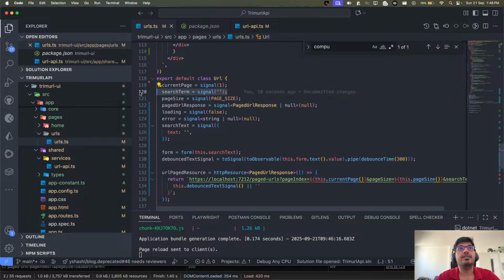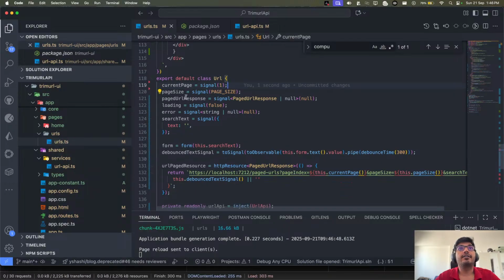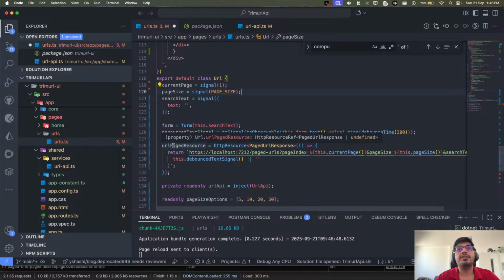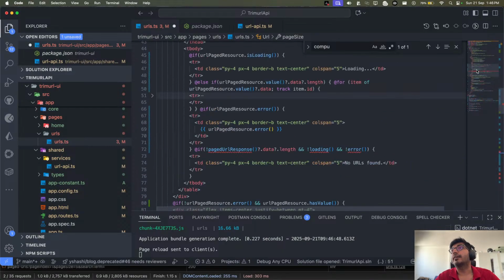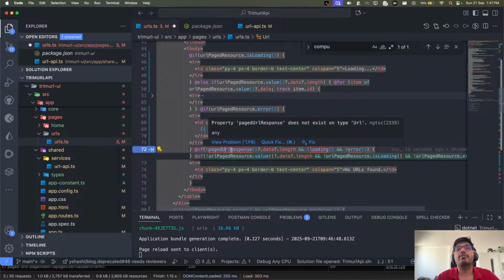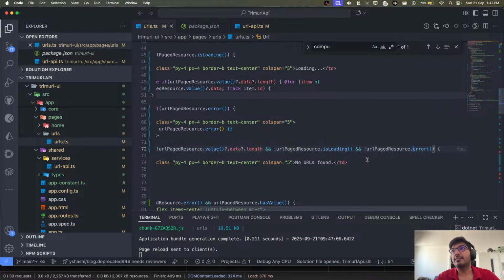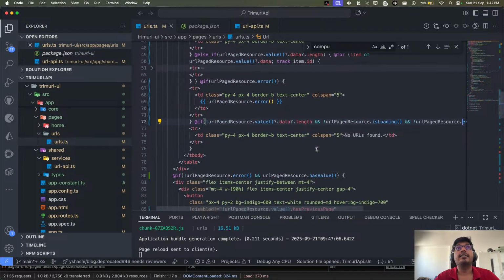So we can get rid of this. We can get rid of this as well. We can get rid of error as well, because now everything is handled with the URL page resource. Okay, it is breaking something, yes, because we have no URL font, so we can change again all of this to this, right? And let's save the changes.